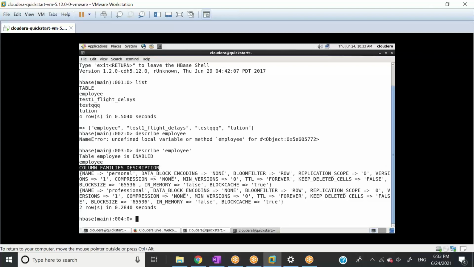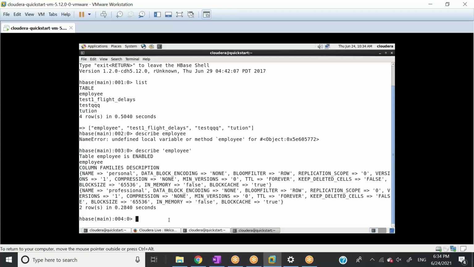In the employee table, I have 2 column families, personal and professional, right? And for the column family, block cache is true. It means for this column family, when we read the data, it's going to read from the block cache first, something like that.